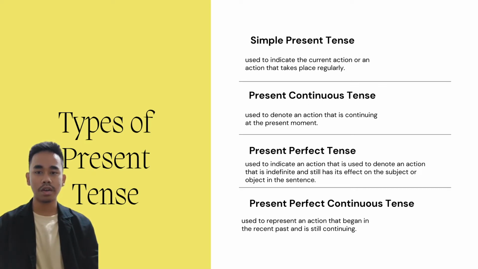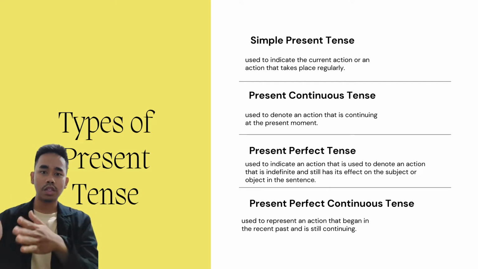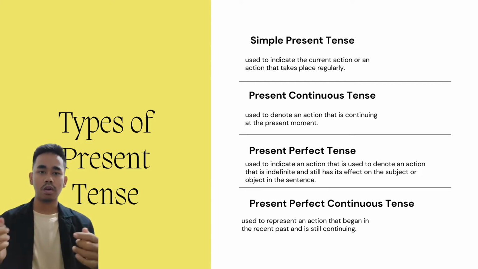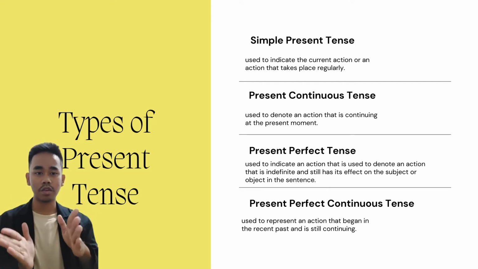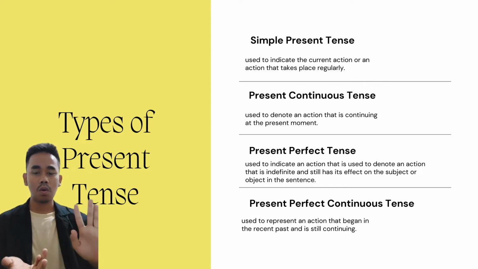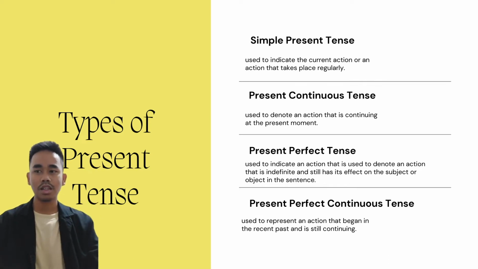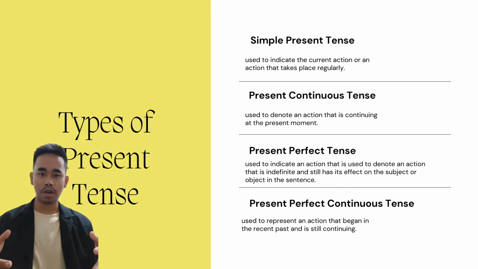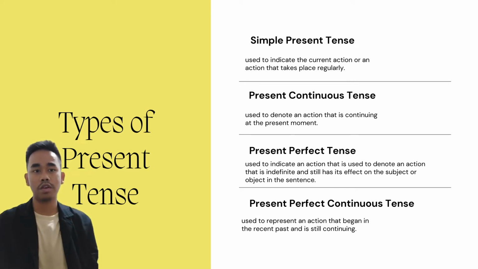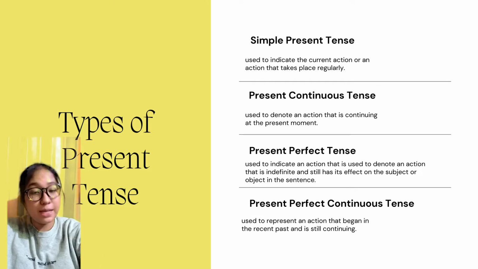It's very different. The past tense is used for a long time ago, and the future is used for a long time in the future. The present is used for just a few minutes ago, a few hours ago, or a few days ago, or today, or anything. You're using the present tense. I'm Jenny, and right now I want to explain to you about the simple present tense.